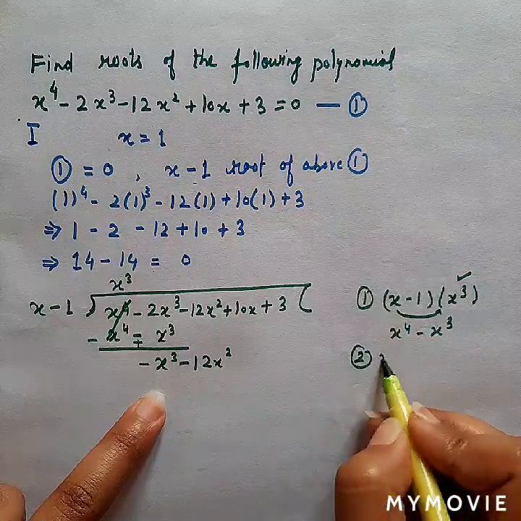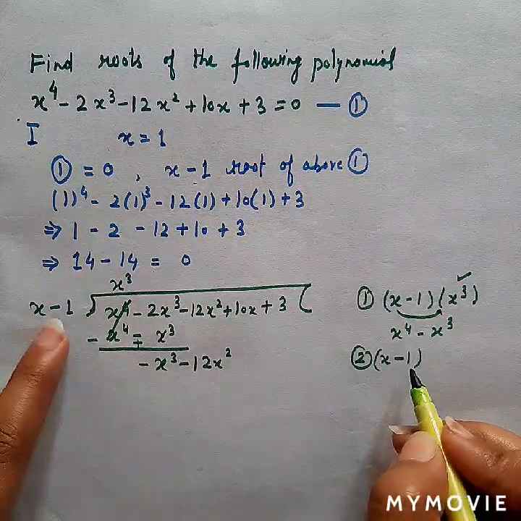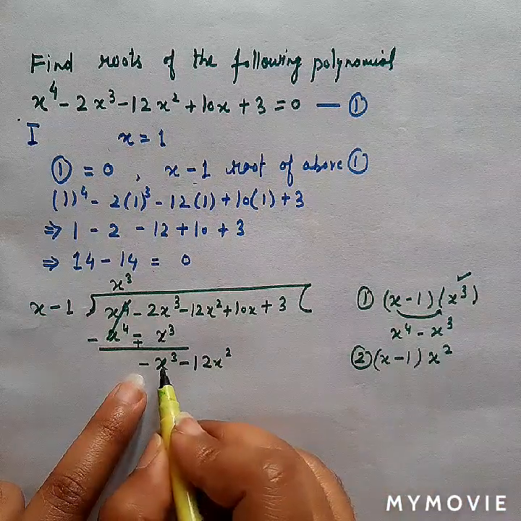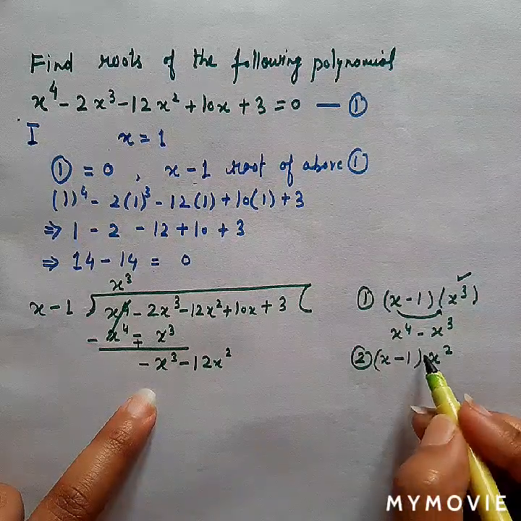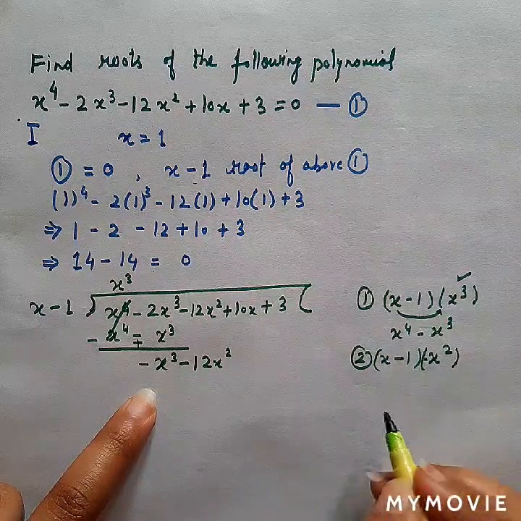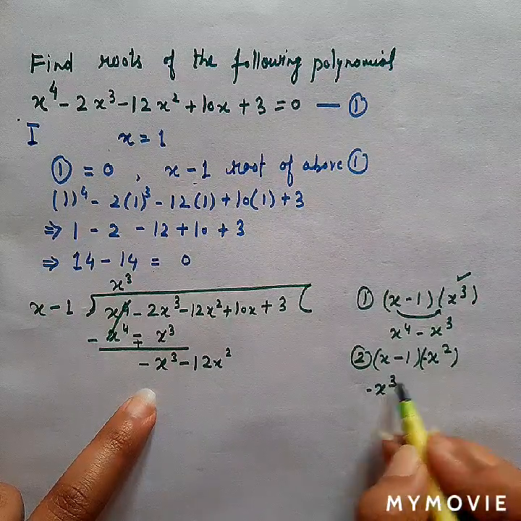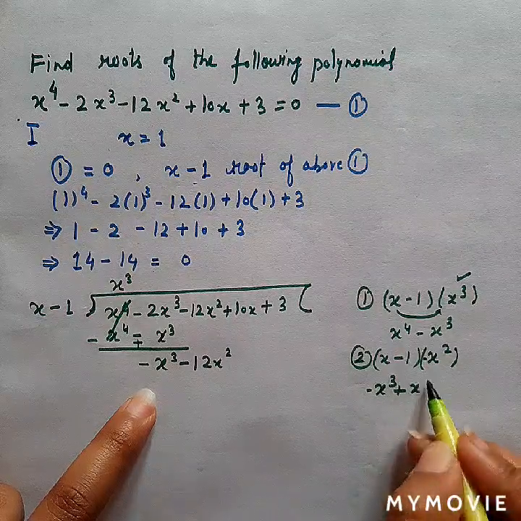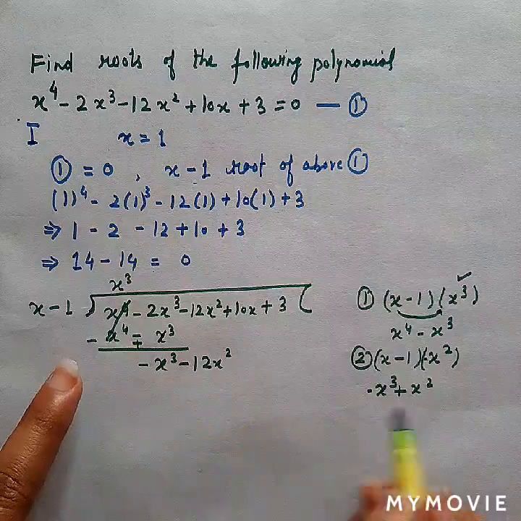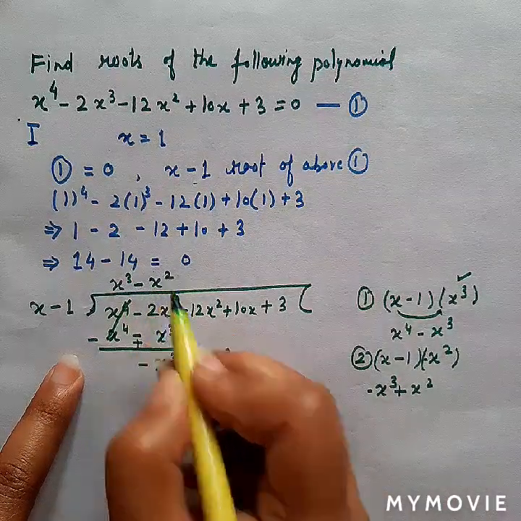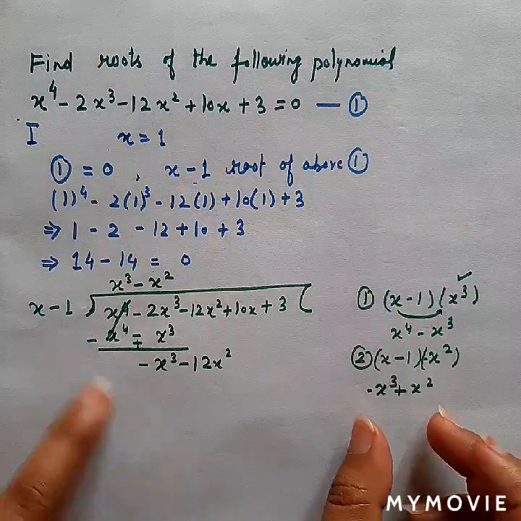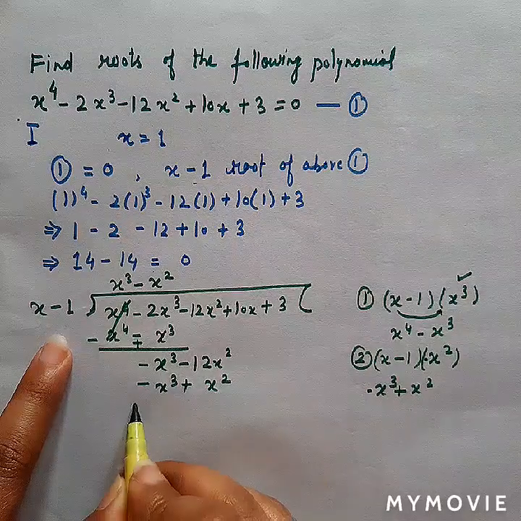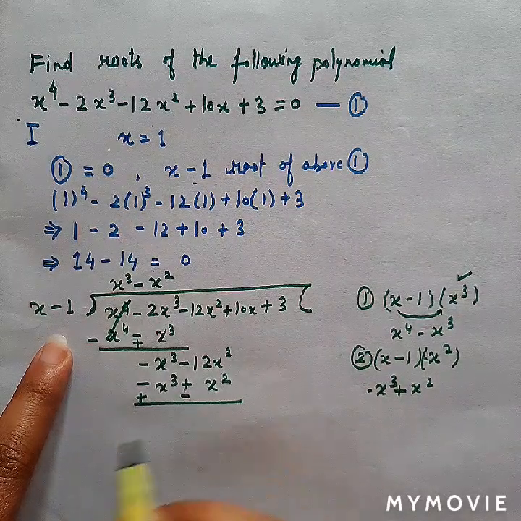So in the second step, what I would do is I will divide with the quotient x square. Why x square? Because I want to cancel out this term. Here a negative is present, so I will take minus x square. So I will get minus x cube after multiplying x square with x, then minus minus plus x square, right? So my second step would be to take quotient minus x square. So I will write this term over here and I'll get x cube plus x square, and again I will change my signs in order to cancel out.